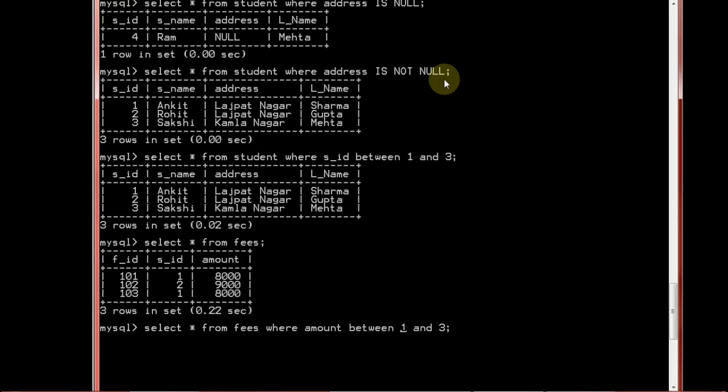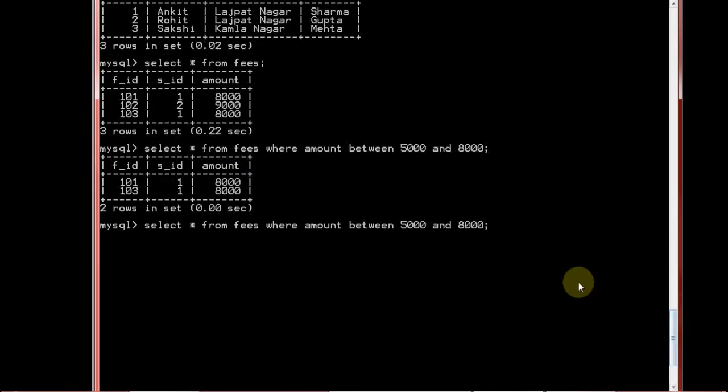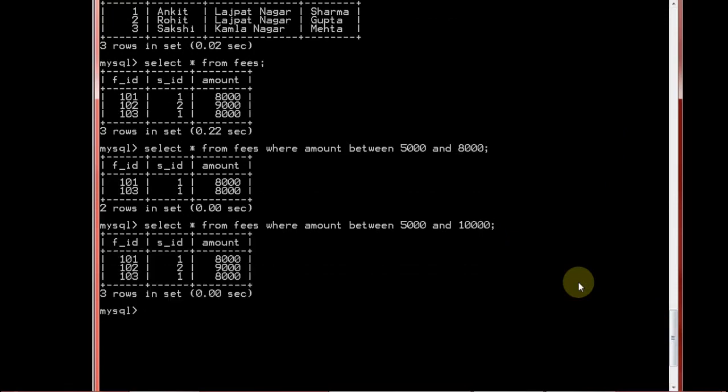I want to see all the records from the fees table where amount between 5,000 and 8,000. So 2 records are there, so it will show me the 2 records. If I write 10,000 over here or 9,000 over here, then it will give me all the records.